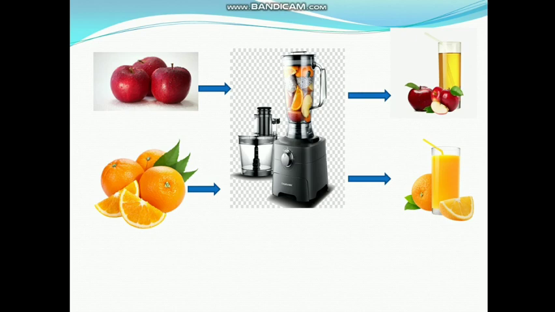So you may come across similar circumstances in Java programming where similar tasks are to be performed multiple times at different instances just by changing the input values. So here input values were apples and oranges and processing happened with a juicer and you get different outputs. The processor or the function was same and when different inputs are given you get different outputs. Same way we are going to deal with the functions.